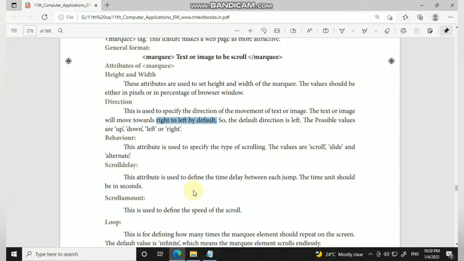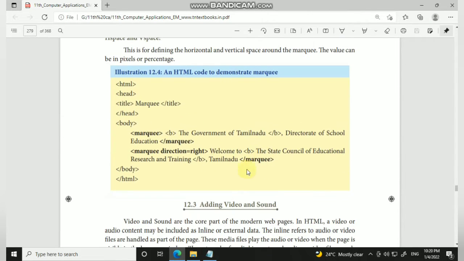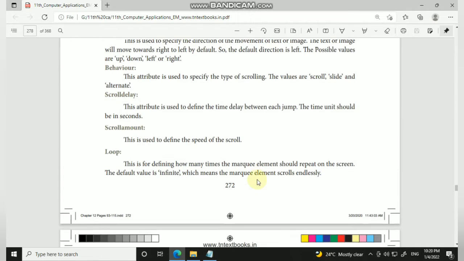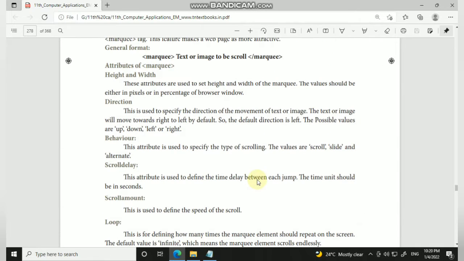If you change the value, for example here they have changed the direction to right, then what happens is